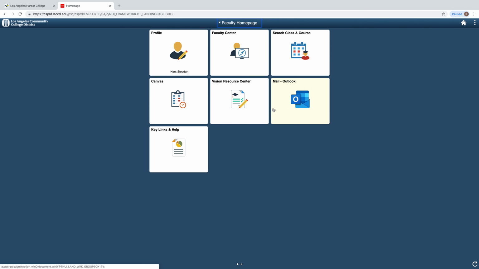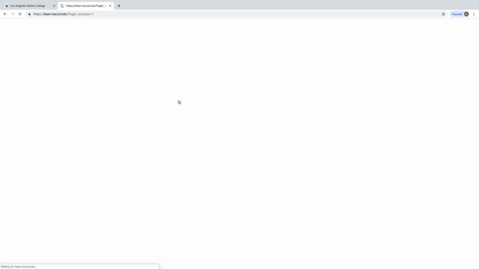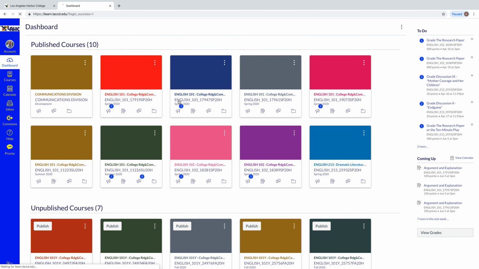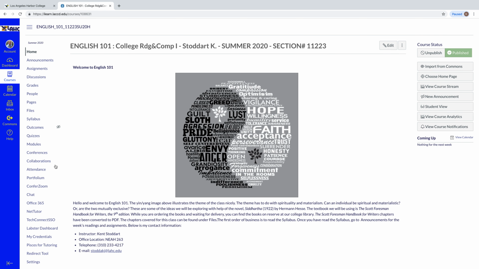and you'll see your student email, Outlook. This is some of my stuff, but you'd go to Canvas and you'd click on Canvas, and you would look for your English 101 class that you're taking with me, and you'd click on that. And here we are on the home page, and this home page talks a little bit about the class, a